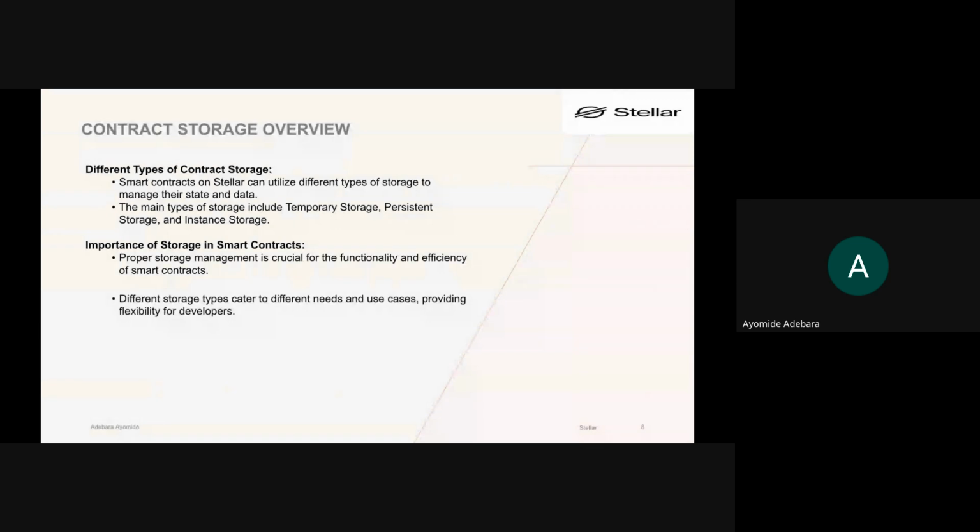Let's remember that this implementation of temporary and permanent storage is a very good thing, because there are some smart contracts that we deploy that we don't need to live forever. It could be that the smart contract is deployed for a particular voting session, and after this voting session is over, the whole smart contract is gone. Or it could be deployed for an airdrop, and after that airdrop session, there is no need for this smart contract.